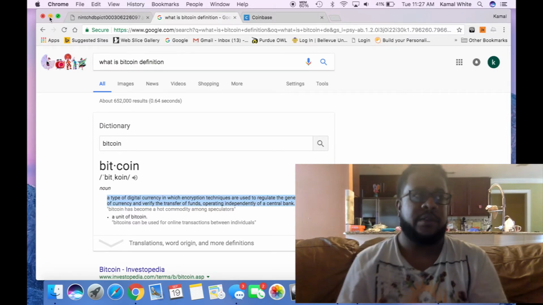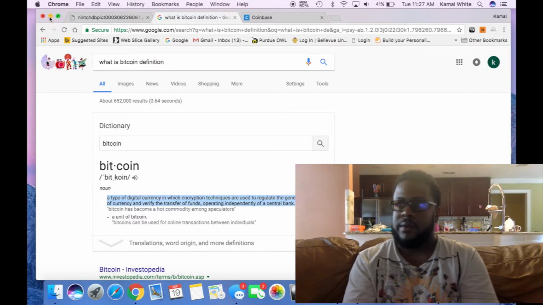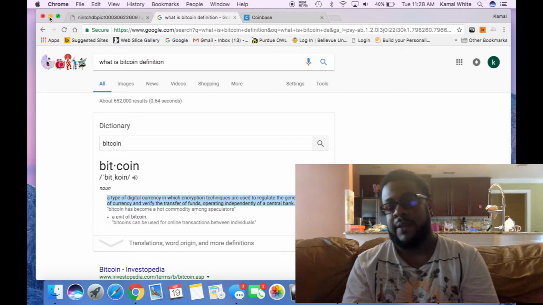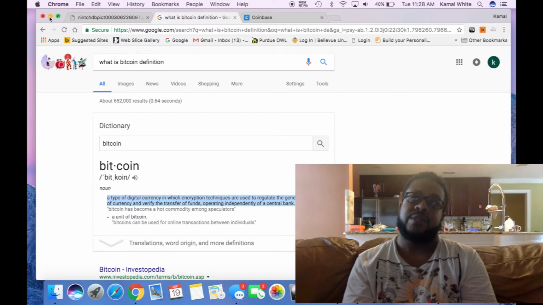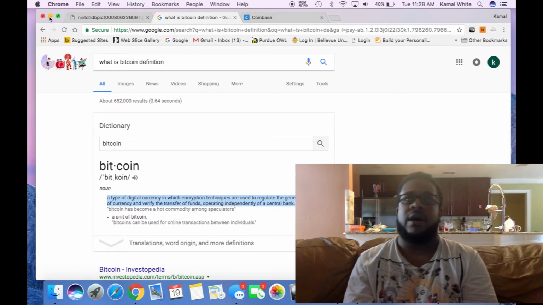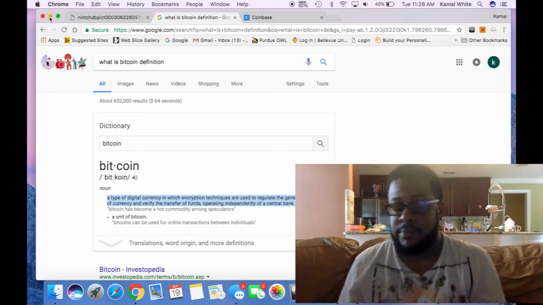Now, as far as how you can get involved and how it would work, the reason Bitcoin is so valuable is because it's limited. There's only a certain amount of Bitcoins out there that you can actually obtain. And when you purchase a piece of Bitcoin or a whole Bitcoin, it has a representation of your currency. So whether you buy with USD, Israeli shekels, Euro, British pounds, it doesn't matter. It holds that representation of your currency, in which you can then invest and let your currency sit there as it appreciates over time, or you can make some purchases in certain